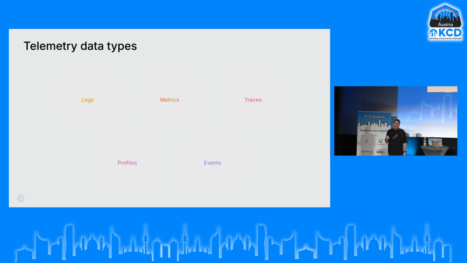So besides logs, we have metrics. Metrics are aggregations of values. So we can answer questions like, what is the P95 for my latency from this service to that other service? We aggregate all of the latencies, and then we place them in buckets, and then we can answer our question there. So we don't have individual latencies, but we have the aggregation of those latencies. We have traces in our tool belt.